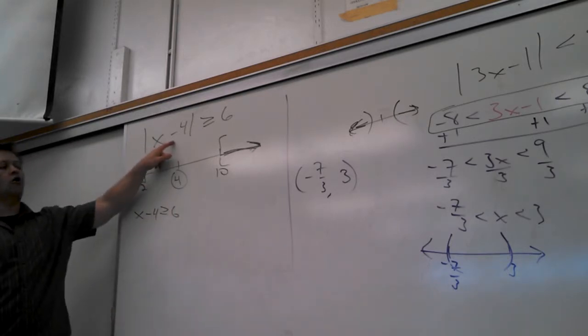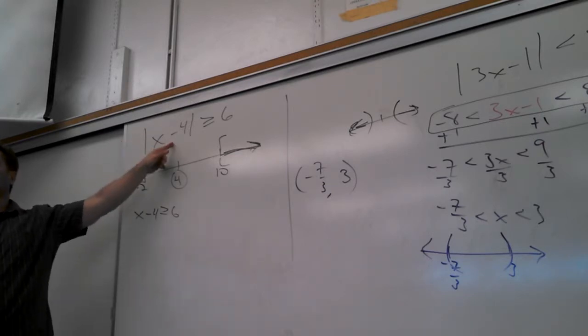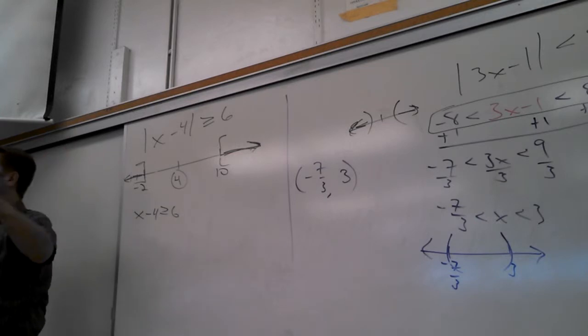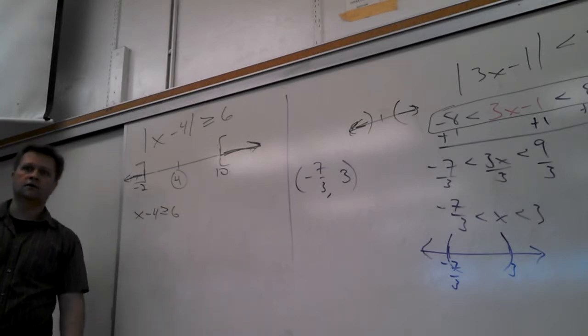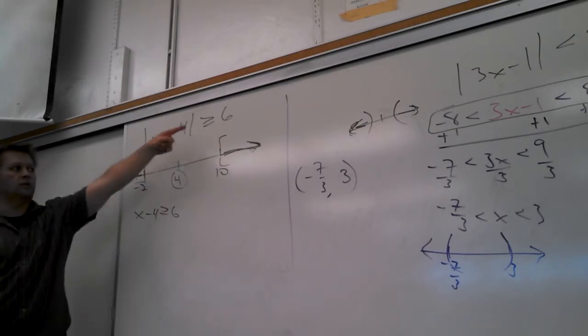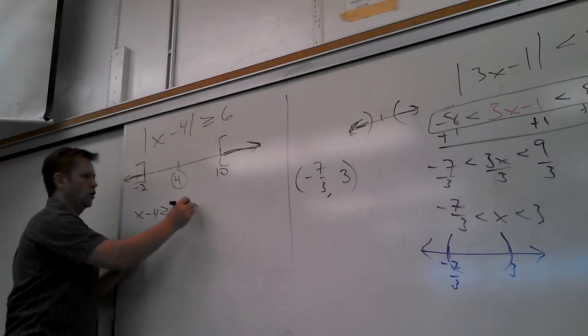I mean, if this number is already bigger than 6, then won't the absolute value be bigger than 6? Of course. Think about it. Give me a number bigger than 6. 7. What's the absolute value of 7? 7 is already bigger than 6, so of course it's going to be true, right? Or,